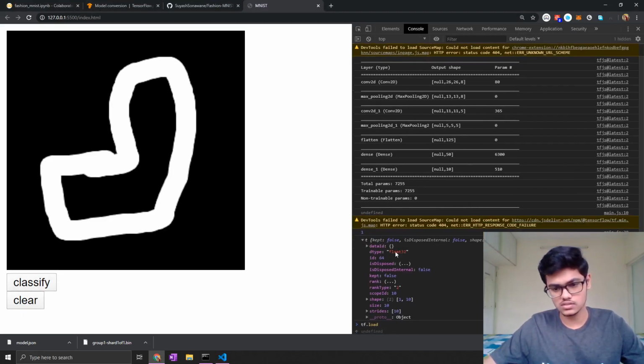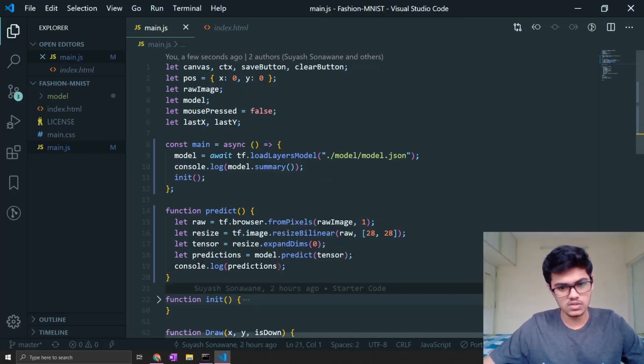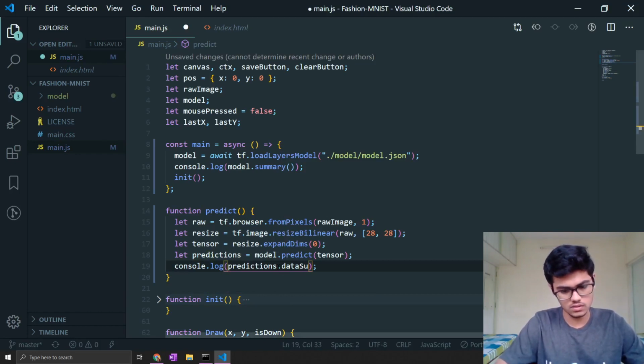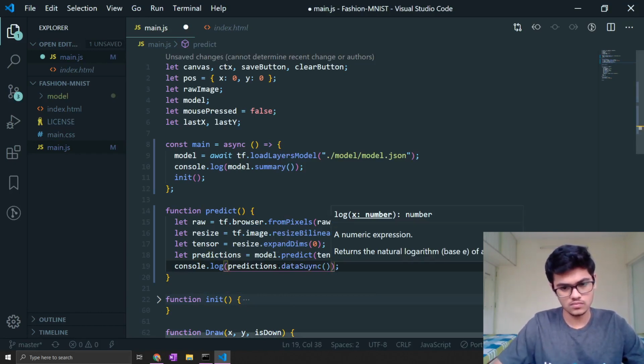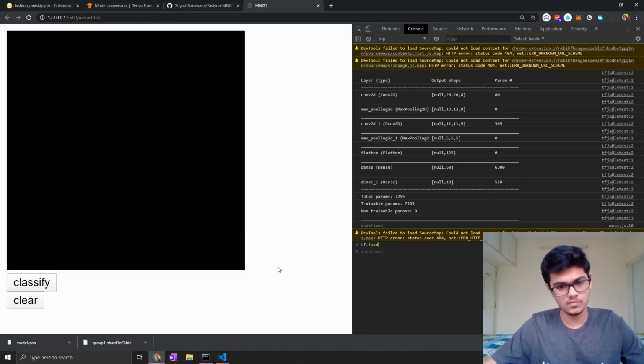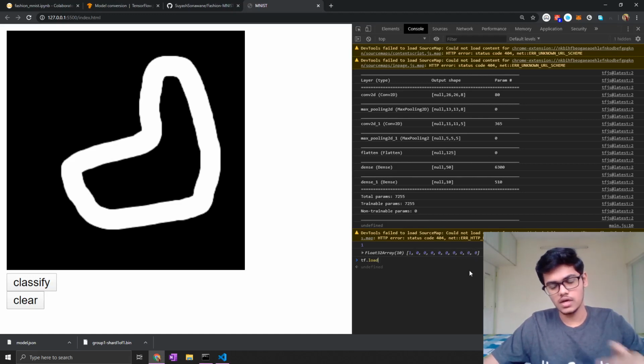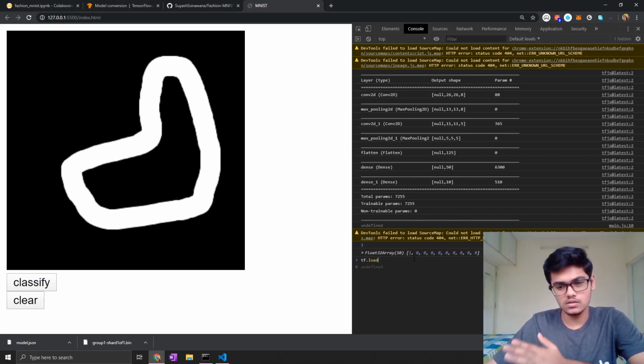Okay, this returns a tensor, so you can get the value from the tensor by using dataSync. Now if I draw this, I actually get this, it says 1. So these are the 10 labels, and it's a one hot encoded array. For label 1, the array will have the first index as 1 and all the remaining values will be 0.